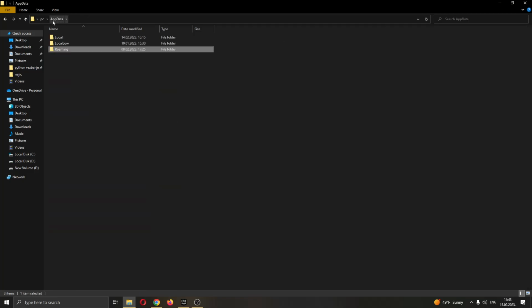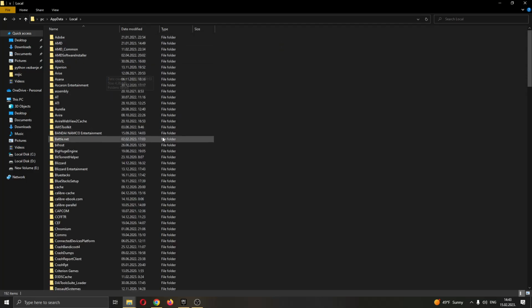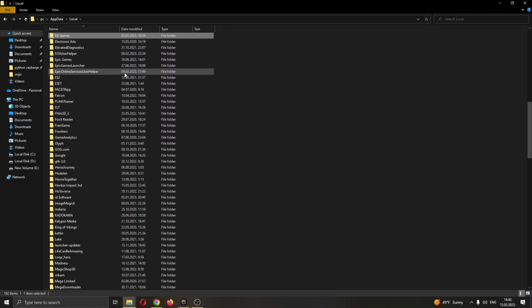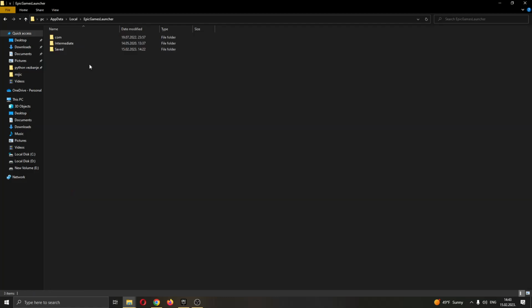So guys, go ahead to AppData, and here you will have three folders: Roaming, Local, LocalLow, and Local. We want to go into the first folder right here called Local. And in the Local folder guys, then here you want to type in to search for Epic Games, and you want to find this folder right here called EpicGamesLauncher. So guys, go ahead and open up EpicGamesLauncher, and now guys, you want to go into the Saved